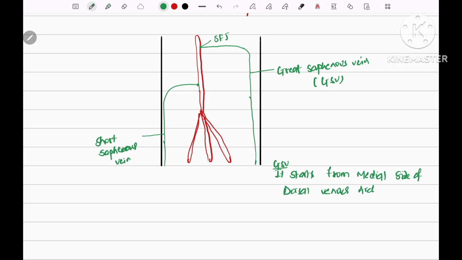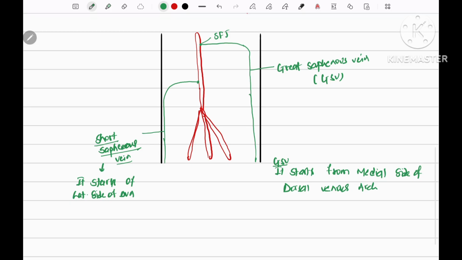And this short saphenous vein starts from the lateral side of the dorsal venous arc. Now, the great saphenous vein, after starting from the medial side of the dorsal venous arc, runs in front of